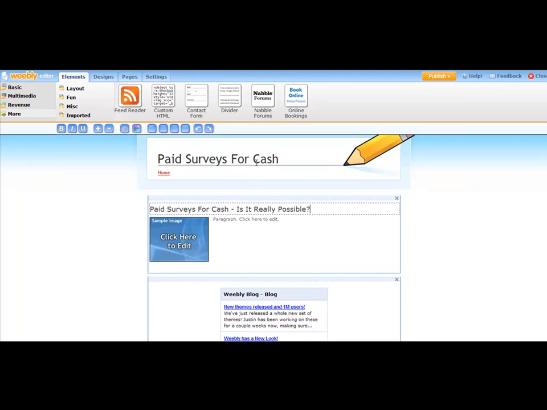So, paid surveys for cash dash, is it really possible? That is what it should say, something like that. If it's weight loss, weight loss in 10 days, is it really possible? That's whatever niche you happen to have picked through ClickBank, or maybe it's the Nintendo Wii system. Is it possible to buy it still at Christmas time? So whatever keyword, whatever product, whatever service, try and get that into the title as I instructed in the previous